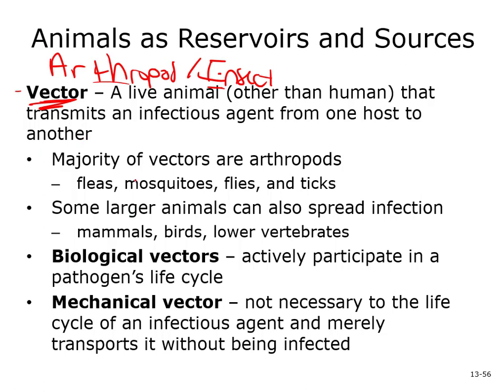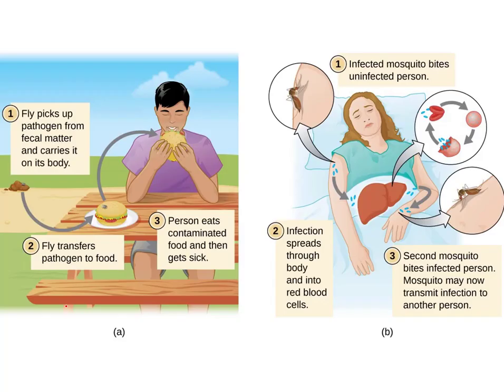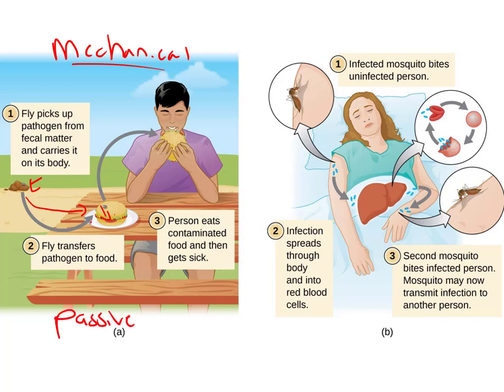So there's two classes of vector. We could have a biological vector or a mechanical vector. Here's how I always think about a mechanical vector first. I think about when you're outside on a picnic on a nice day and you're having a cheeseburger. A fly lands on some dog poop. It can pick up some pathogen in the feces, and it can then transmit it, land on your cheeseburger, and then now the pathogen's there, and then you eat it. So that's what a mechanical vector is. The fly is just a passive carrier. It's taking the pathogen from one place to another.